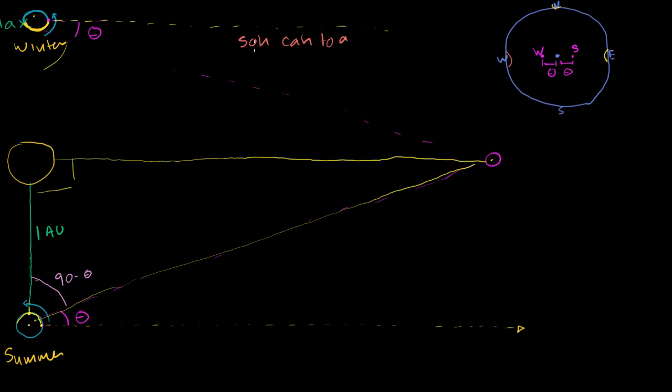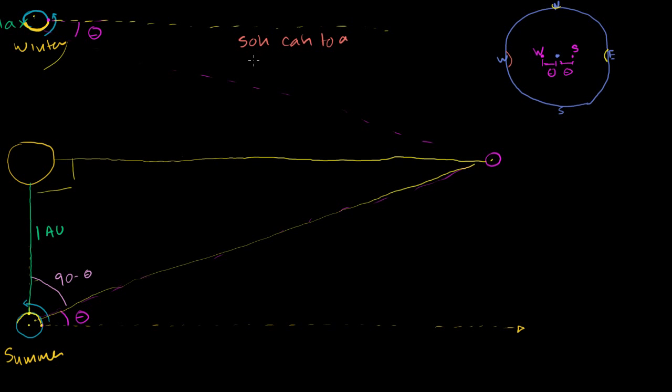SOHCAHTOA. Sine is opposite over hypotenuse. Those aren't the two we care about. Cosine is adjacent over hypotenuse. We don't know what the hypotenuse is, and we don't care about it just yet. But tangent is the opposite over the adjacent. So if we take the tangent of the angle,